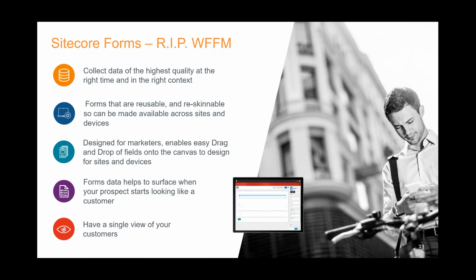But the information here should also be fed through to a CRM to start an account, or if that's a known user, append to an account. So this is a complete drag and drop environment. It lets you do things like signal whether fields are mandatory, and of course it's just designed for a marketer to use. So this is the point where somebody really starts to look like a customer.